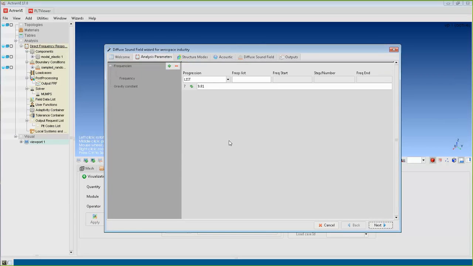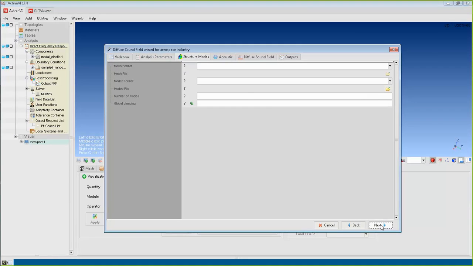The first stage is the analysis parameters definition, that are the frequency used for your computation and the gravity constant that will be used if you ask solid acceleration in g-unit. So in my case, I will define a linear progression of frequency starting at 20 Hz with a step of 2 Hz and going up to 1000 Hz. Once you have finished to define the first analysis parameters, click Next and proceed to the structure mode